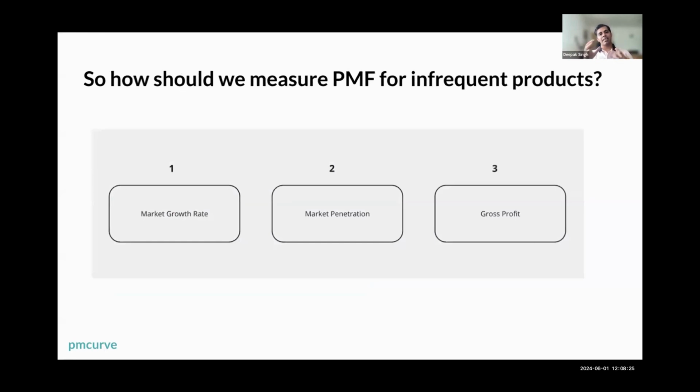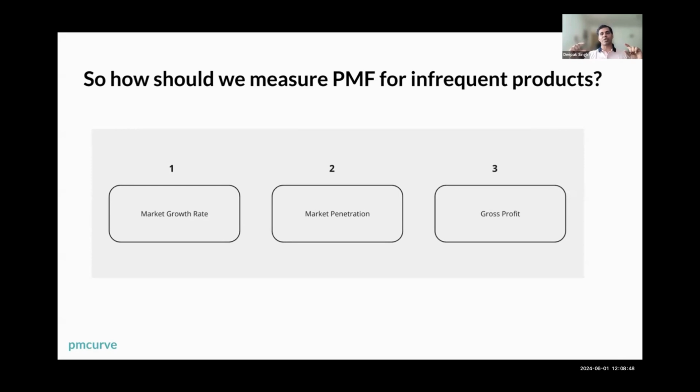Barring that, I will look at the growth rate of PM curve. I'll look at profit. I'll look at market penetration and all that. For example, how is Reforge growing? Let's say Reforge in a different market, how is GrowthX growing? Or how is Reforge in India growing and all that? All those things I have to keep in mind while evaluating PMF.